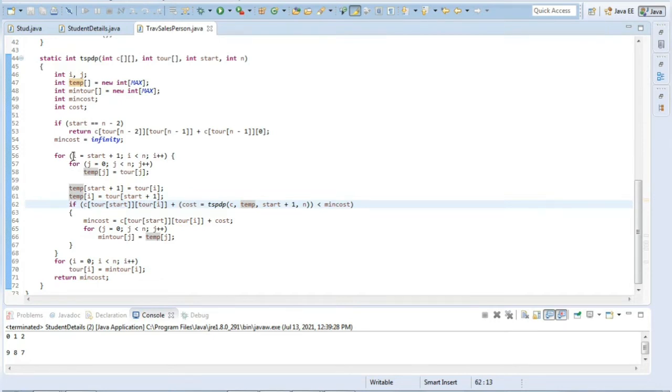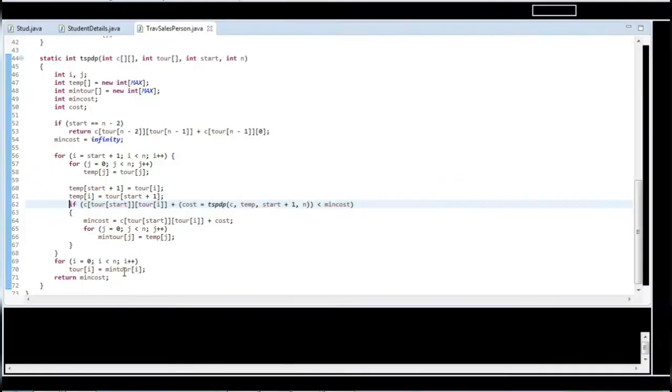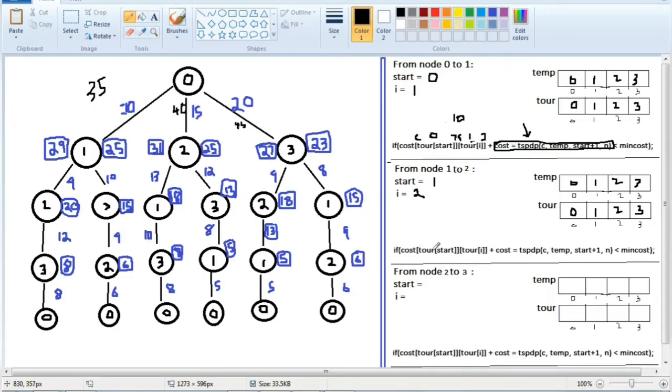Now see here, i has been passed, i is 2. What does i being 2 mean? I will call it the second node, right? I will call it the second node in this case. Okay, so for that only we are passing this one. This is the code here which I have written. This code is the same as this one. Okay, I have written it here.